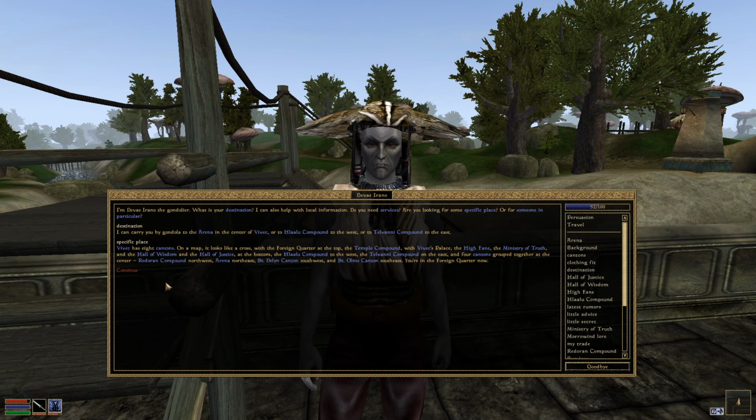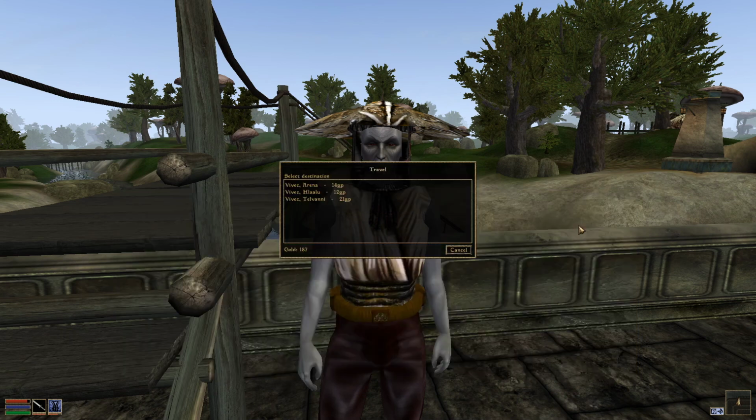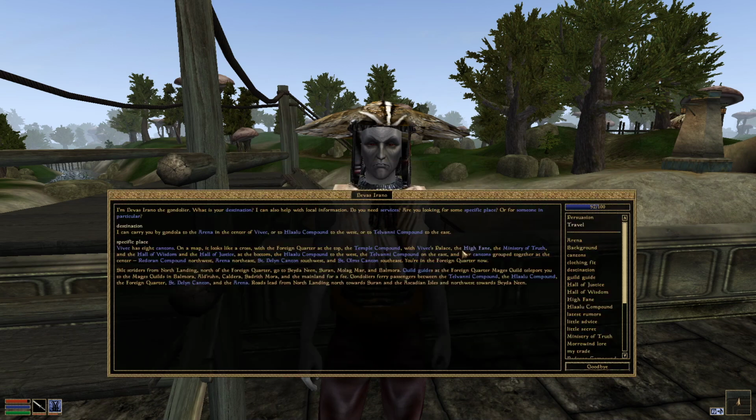Hlaalu compound. Yeah, so he's telling us about all the different cantons, and just ways to get around. We can take the Silt Strider, which I believe is sort of over here. Oh yeah, we can see it there. And so we can travel around Vivec using these gondolas, but even the gondolas are a little bit expensive, and I think we're gonna walk around and explore. So let's just ask about the